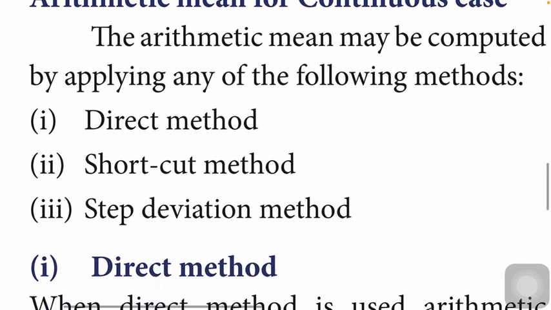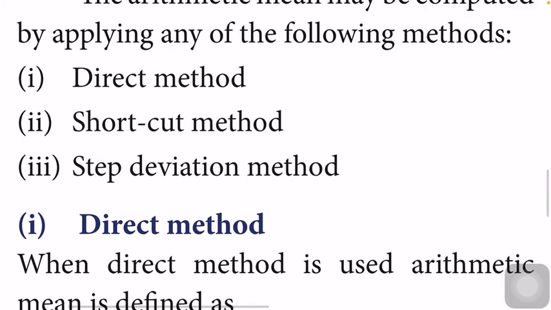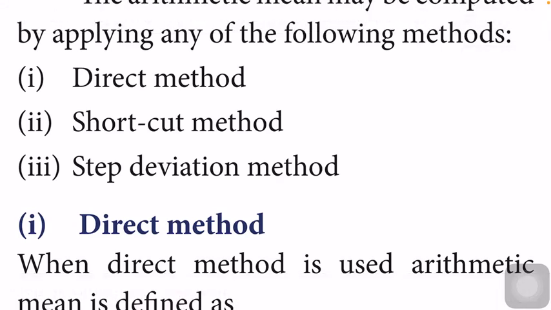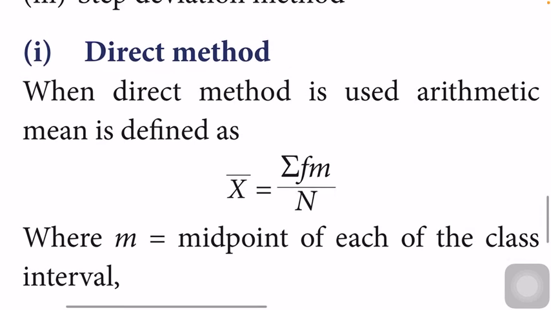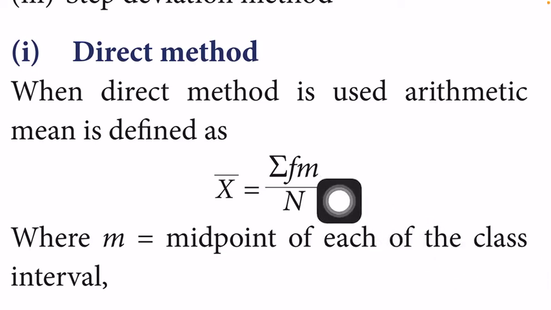For continuous data, the values will come in intervals, 0 to 10, 50 to 60. These are known as intervals. So, in the direct method, x bar is equal to sigma f m divided by n, where m is the midpoint of the class interval. For 0 to 10, the midpoint is...